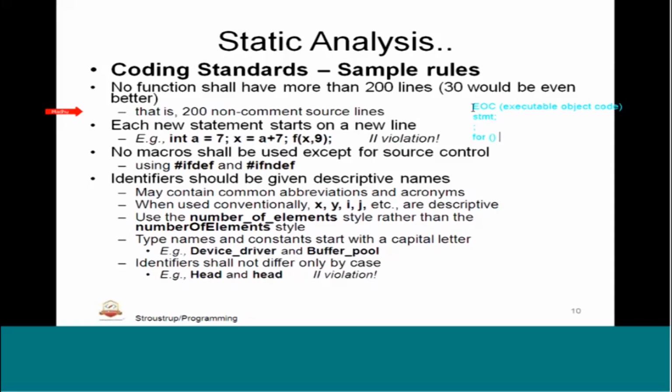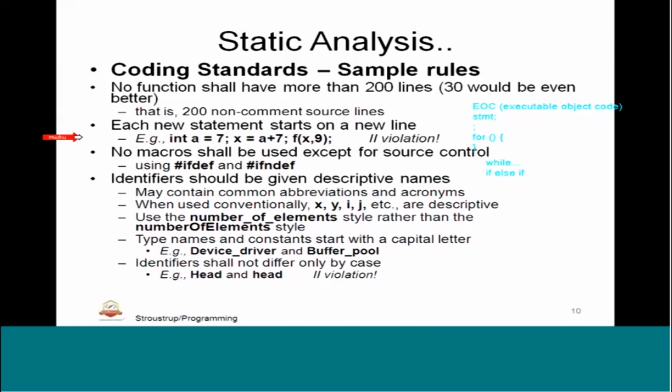Similarly, a curly bracket constitutes one executable. Similarly, while, if, else if is one executable, and the contents of this if else if also act as another executable statement. So likewise, we cannot have 200 executable lines in any function